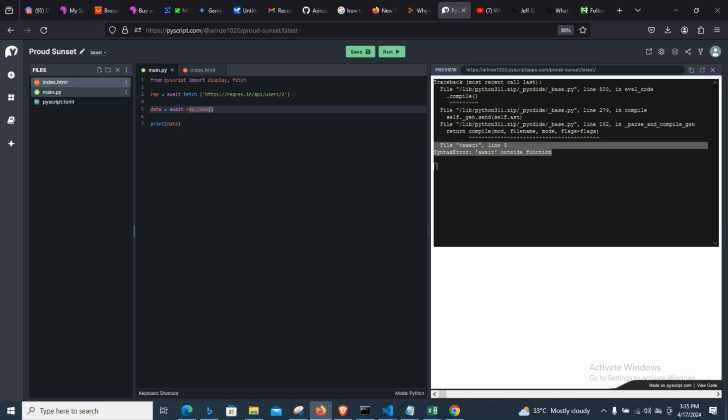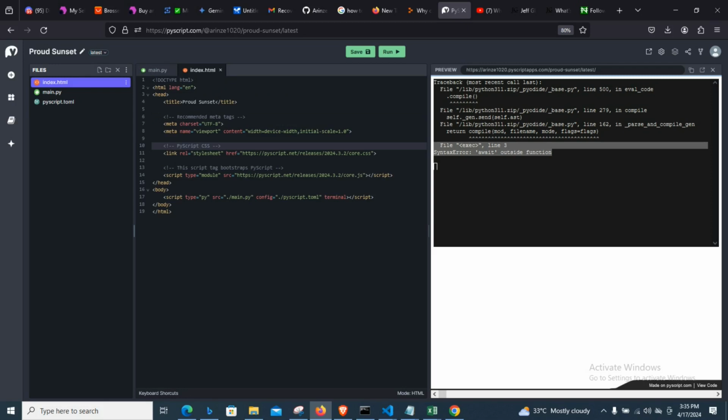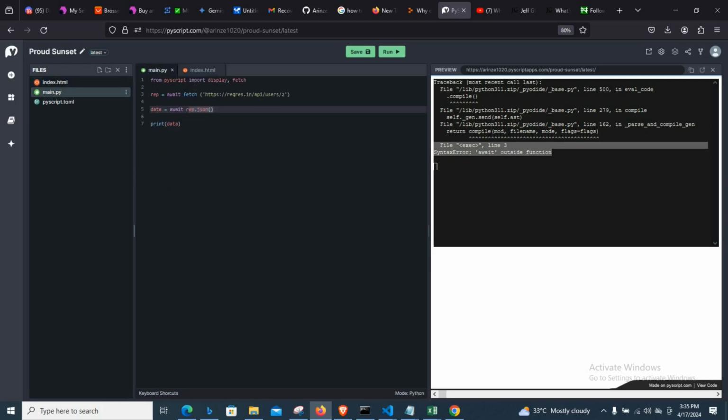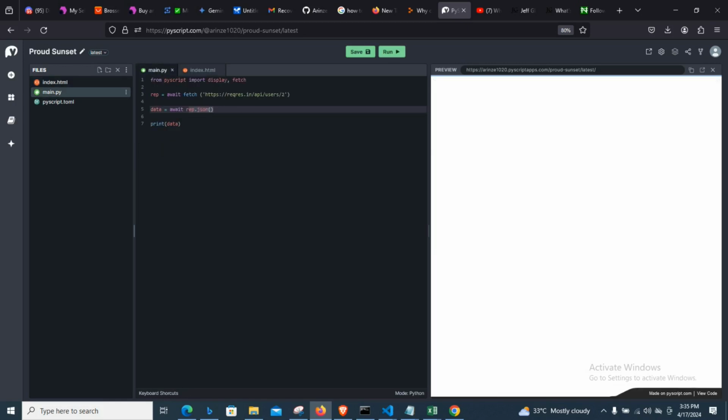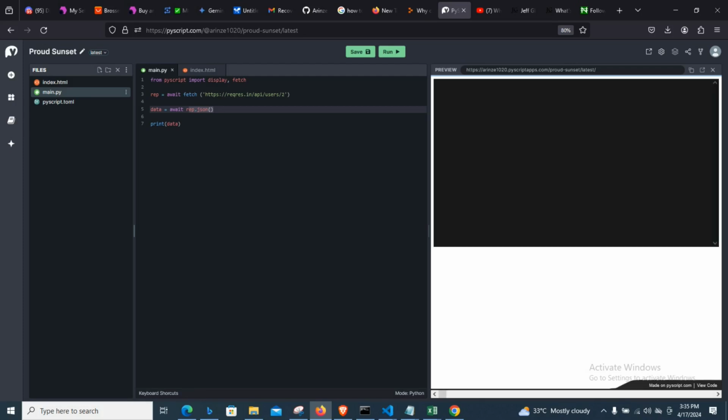So when you now come over to the index and go over to the script tag, include async here, and then save the file and go back. If you go back and run it again, you're going to see that we are able to actually get the data that we are seeking. As you can see, we are able to make the API request and get the data from the API